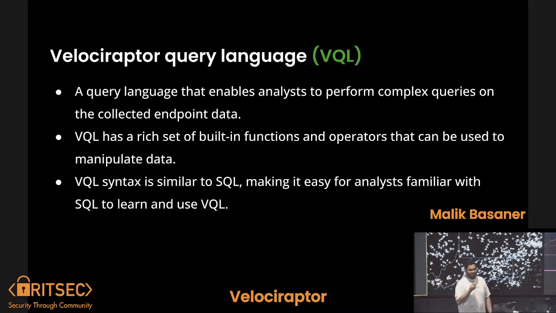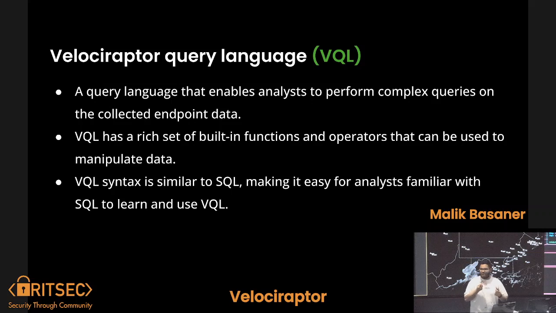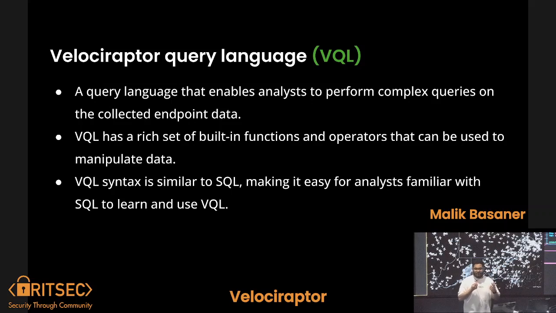All right, so we talked about Velociraptor, how we're going to query all of that information, how we're going to collect it, and how we're going to monitor all of that. Velociraptor uses something called VQL, which is Velociraptor Query Language. We all know it's very similar to SQL, even in the name itself and in the syntax as well. It's a query language that enables users to perform complex queries on collected endpoint data. VQL has a rich set of built-in functions that you can utilize, and those built-in functions can be libraries based on the system itself, so you can get specific information based on the host and its operating system.